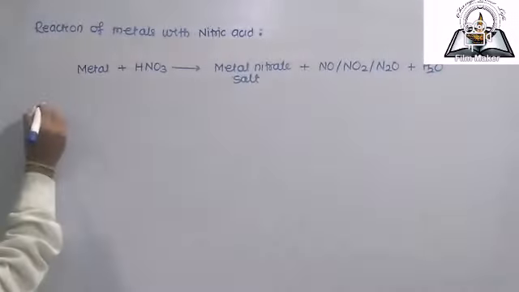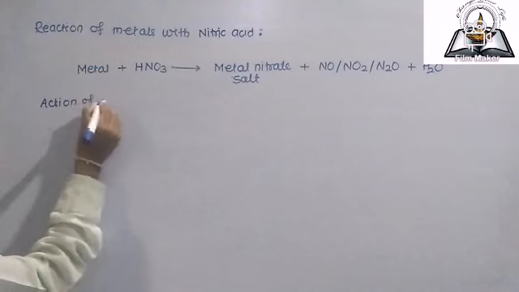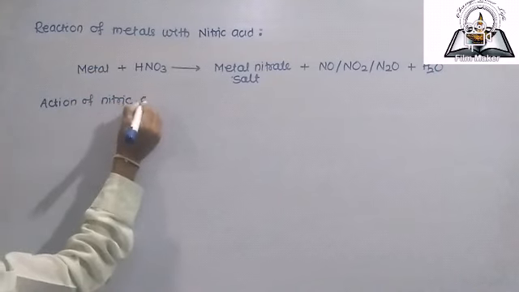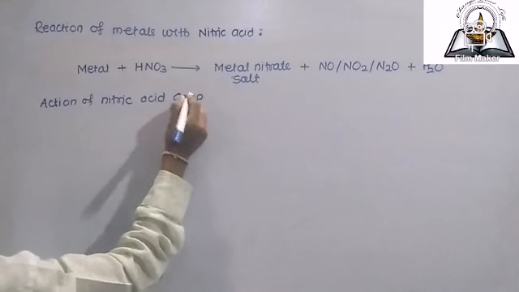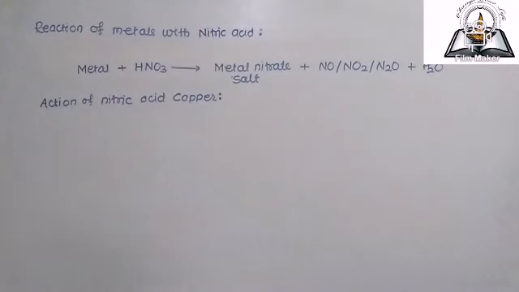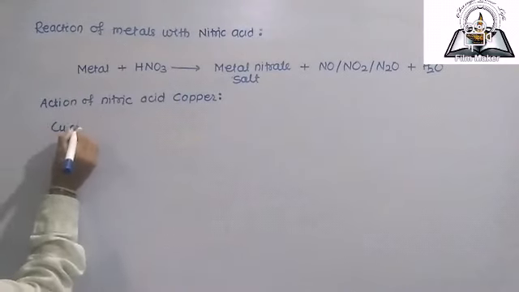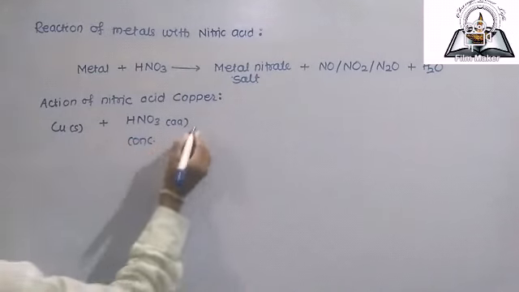अब हम देखते हैं action of nitric acid on copper. So what is the action of dilute and concentrated nitric acid on copper? So what happens when copper reacts with concentrated nitric acid? When copper, that is in solid state, is treated with concentrated HNO3, that is aqueous HNO3, it gets